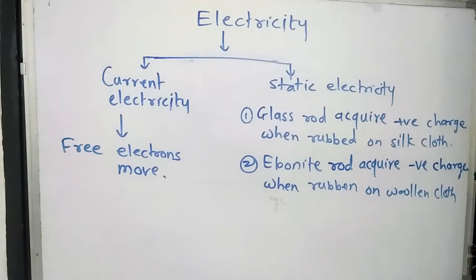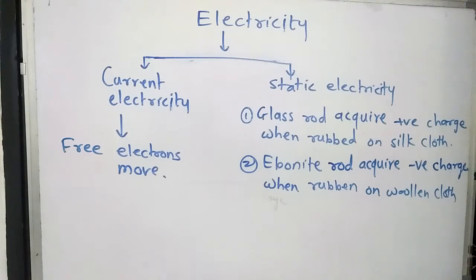We are going to start the new lesson of physics, that is electricity. So basically we have to study current electricity. In lower standard you have seen some examples of static electricity, that a plastic comb is rubbed on dry hair, and when that plastic comb is taken near bits of paper, they get attracted. Okay, that is the example of static electricity.